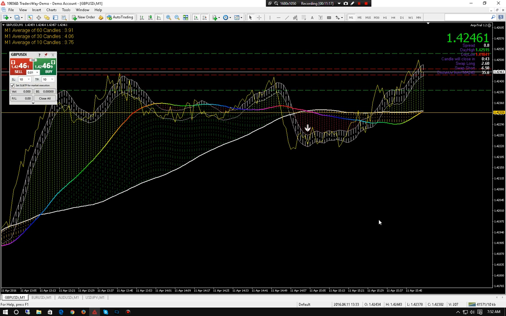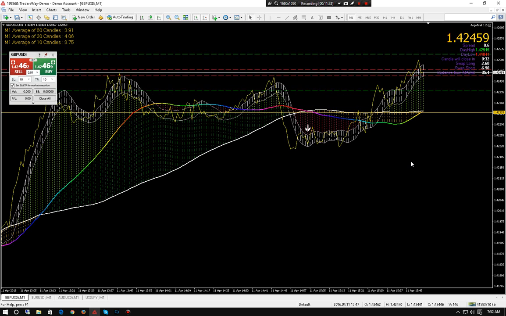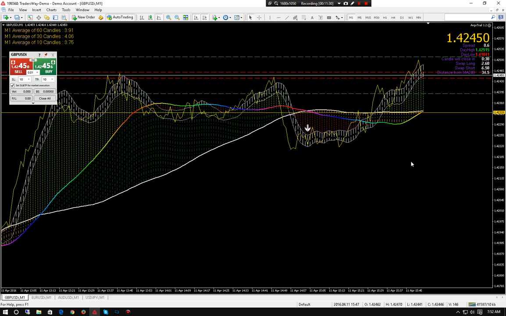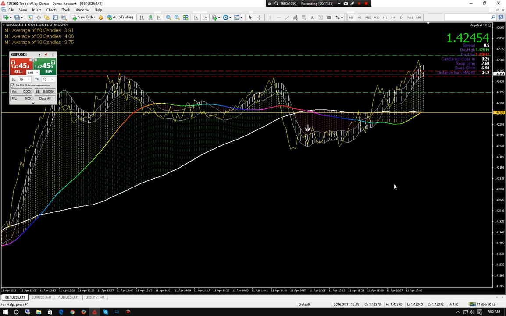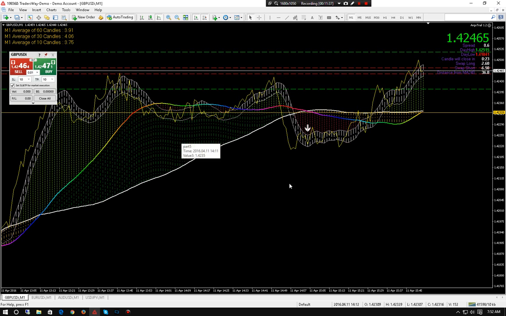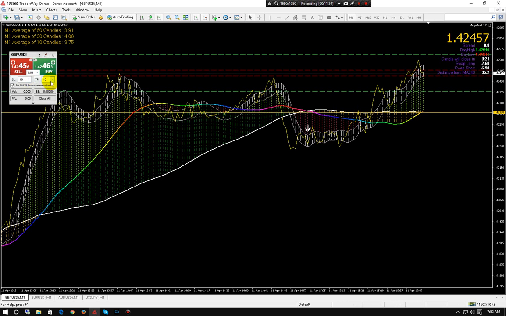What happens now, if you're getting stopped out a lot, then you're not doing it right. If you're getting stopped out a lot, either you're trading on a range or you are using too tight of a stop loss. Your stop loss and take profit are going to be what makes or breaks you with this. Once you can recognize market conditions, if you do not have the correct take profit and stop loss in here, you're going to fail. It's as simple as that.